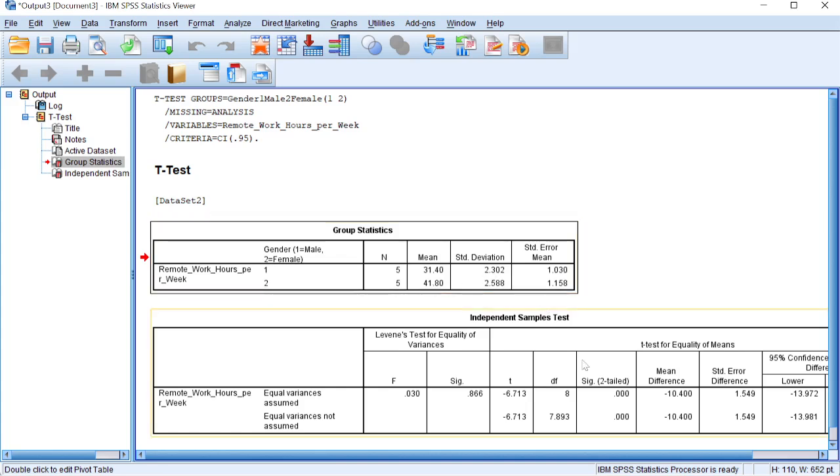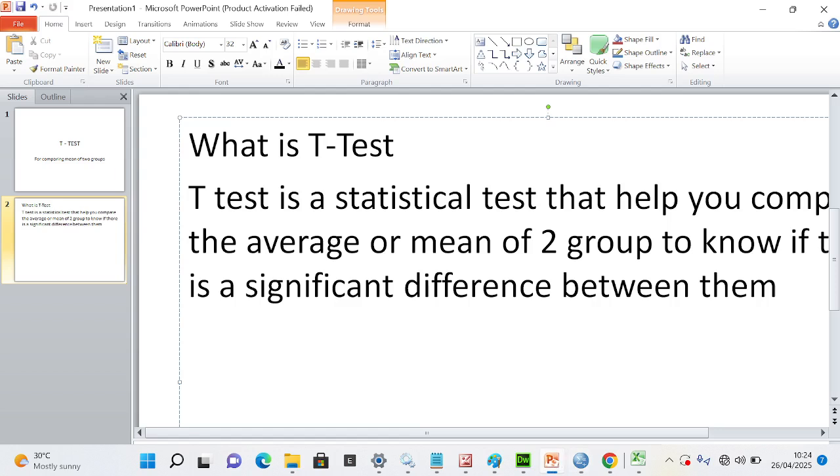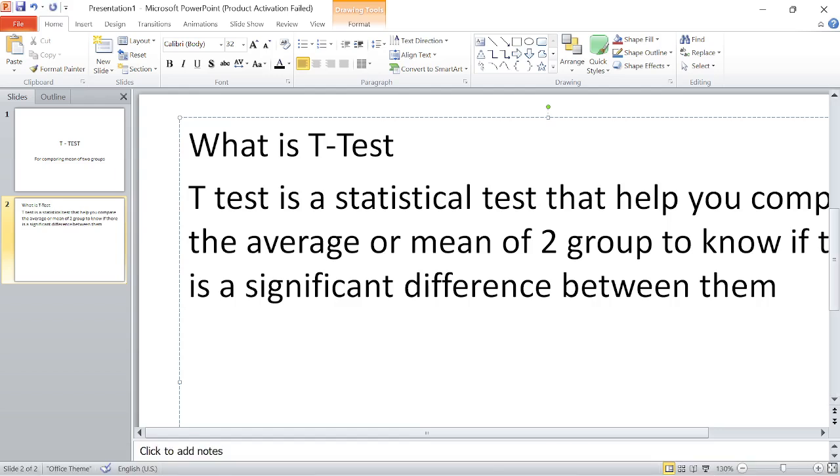Now, before I continue, I quickly need to let you understand what we mean by T here, what we mean by DF, and at the same time, what we mean by the SIG. So let me start from the SIG. I'm quickly going to tell you what we mean by the SIG. Okay. Now, when you are talking about SIG,